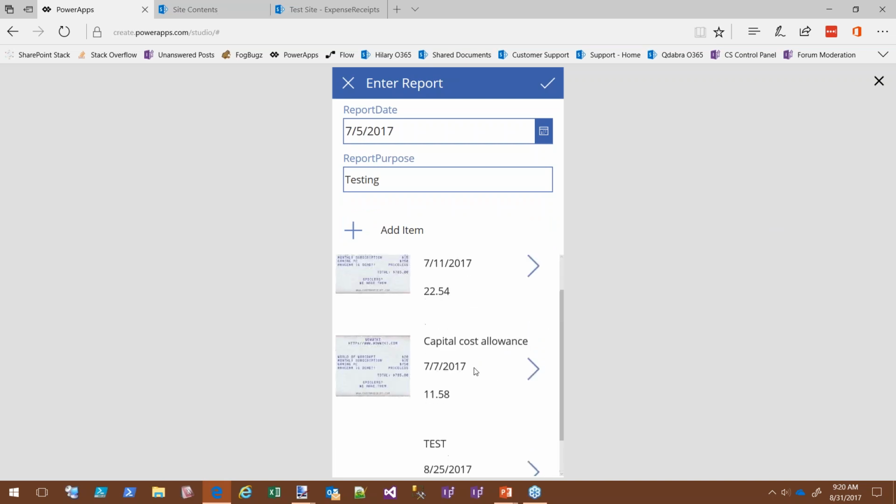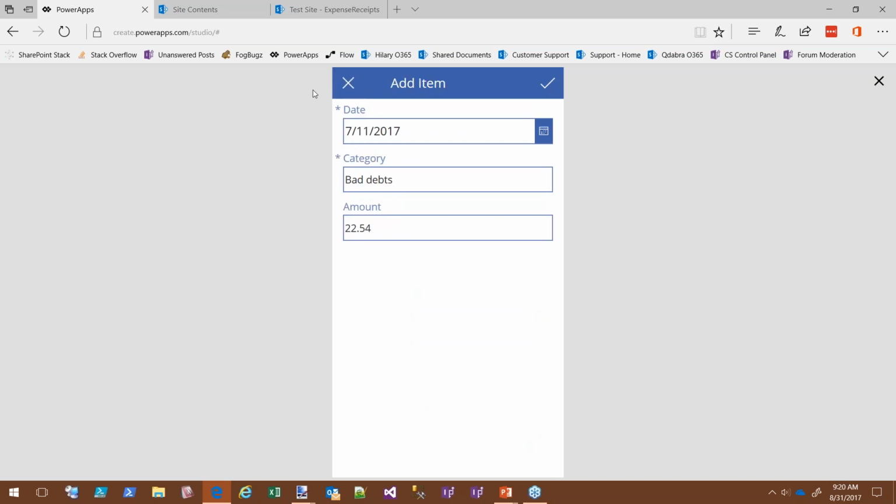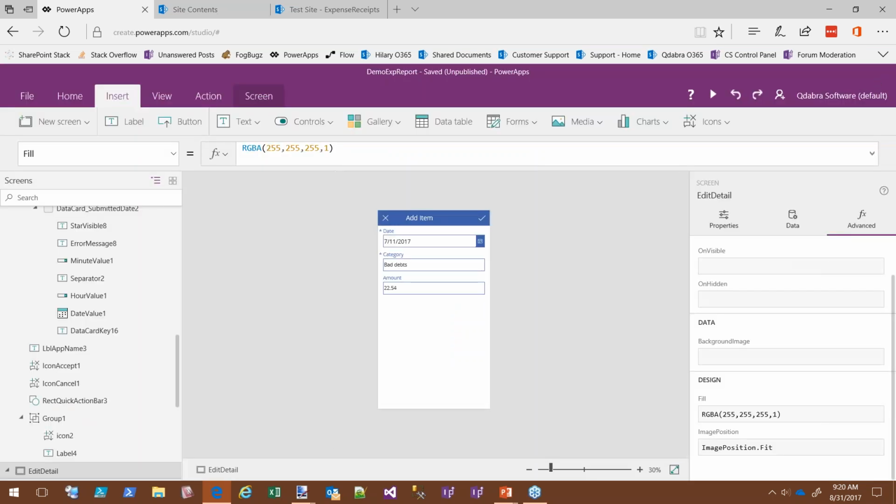The reason I used a collection was because these first two items are in the database already. My third item is not. And if I cancel, I want to make sure that it doesn't go in the database, right? And if I save, I want it to go. So if I cancel here on my report, and I've got things set up incorrectly, so it's going back the wrong way. If I cancel things on my report, I want to make sure that